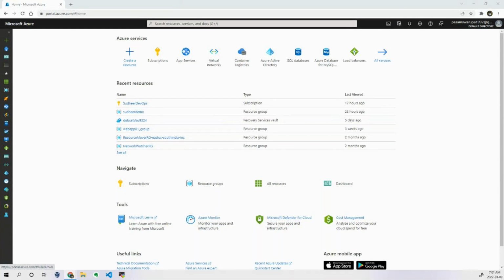Yeah, so let's get started. As part of the course, we will be starting with portal.azure.com. This is the first portal we'll be accessing, and all the services related to Azure we will be accessing from here. Whether it is a platform as a service, infrastructure as a service, or software as a service, whatever it is, you need to be accessing it from here.